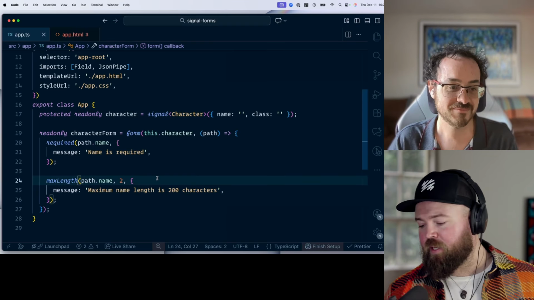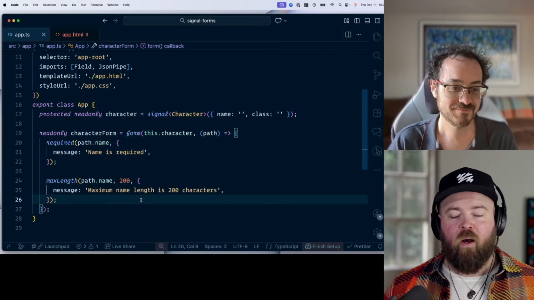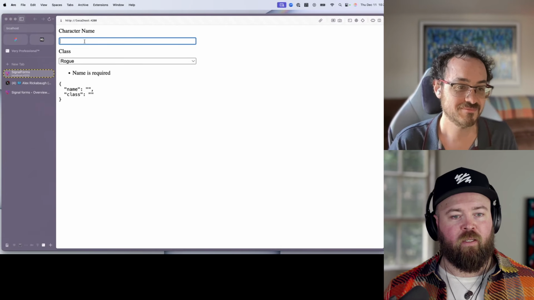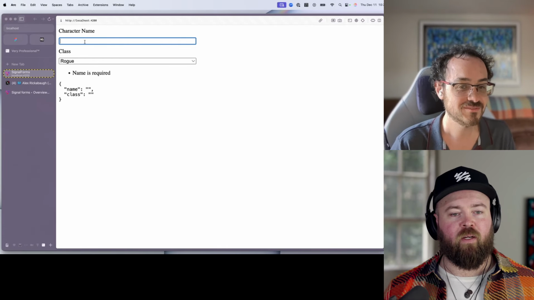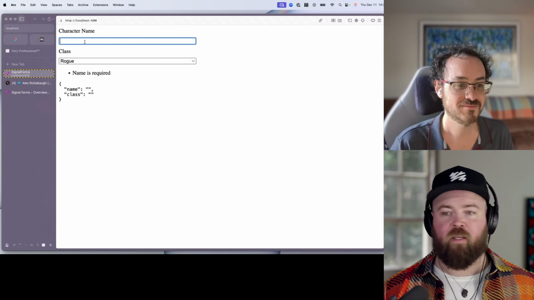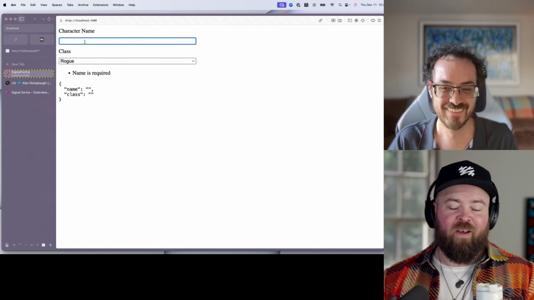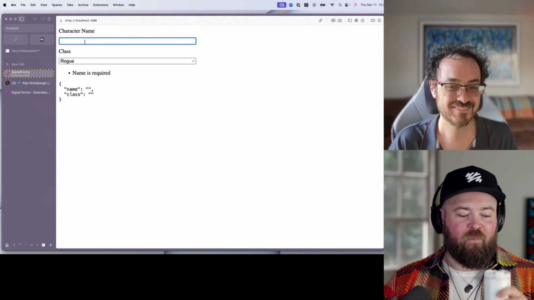So then, we can set it up. I mean, 200 is wild, but like also we don't want somebody who's got a legitimately long name to feel like they can't play the game. So cool. Really long names are in fact allowed, but we don't want to blow out our database by somebody inserting the entirety of now